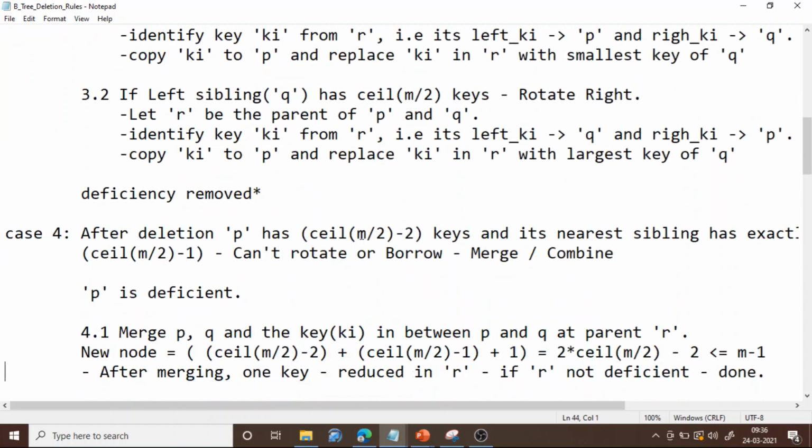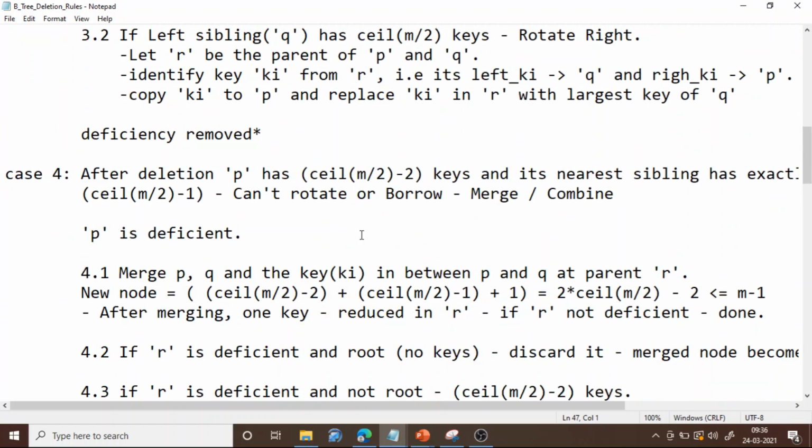Then case 4. What it says is, after deleting that particular key x from P, P has ceil of m by 2 minus 2 keys. That is, P is deficient. It is supposed to have ceil of m by 2 minus 1 keys, but it is having ceil of m by 2 minus 2 keys. So P is deficient, and its nearest sibling